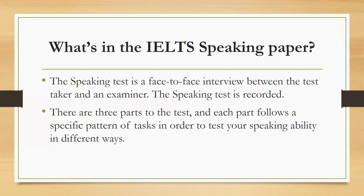The speaking test is recorded. There are 3 parts to the test, and each part follows a specific pattern of tasks in order to test your speaking ability in different ways. So please note,